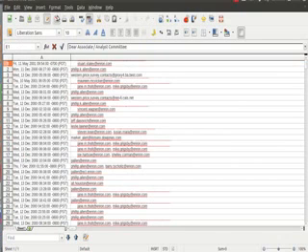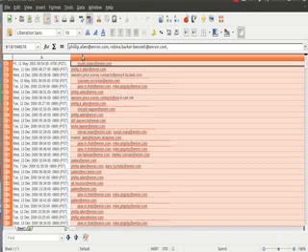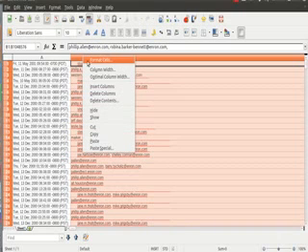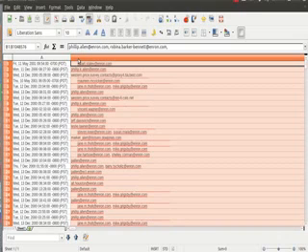So yeah, that's the tool. You can create a PDF if you wanted to. From here you can sort based on who the email is sent from or to. You can also sort based on